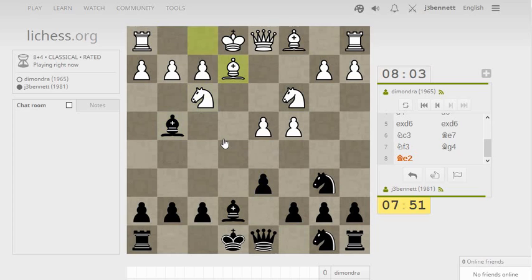So I always thought this pin was a little bit interesting. He just blocks it. And then let's get this knight out. So he hasn't exactly built up a huge center. It's just a small center, but I still want to put a little pressure on it. And if he goes there,